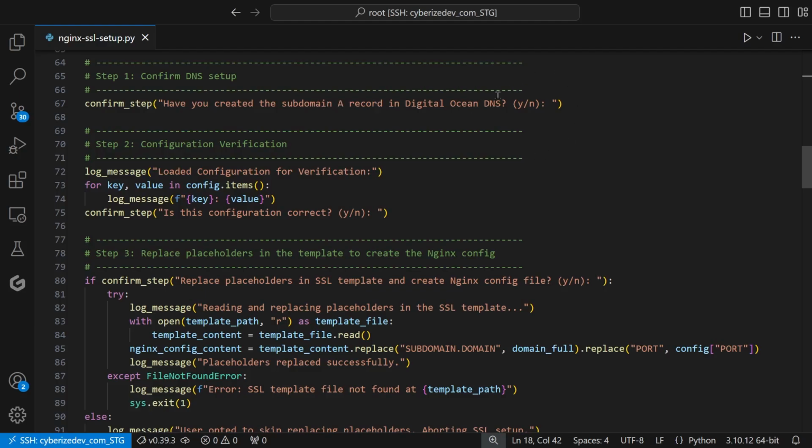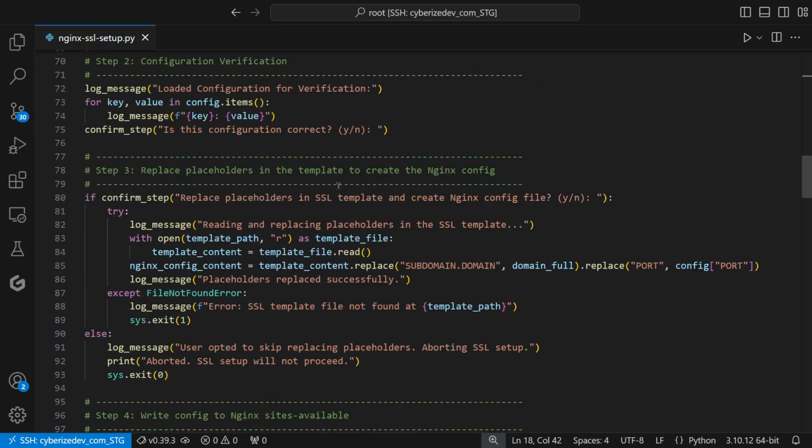If the admin says yes, we move forward. Step 2, configuration verification. This is where we display all the values and tell the admin to verify. If he says yes, we move to